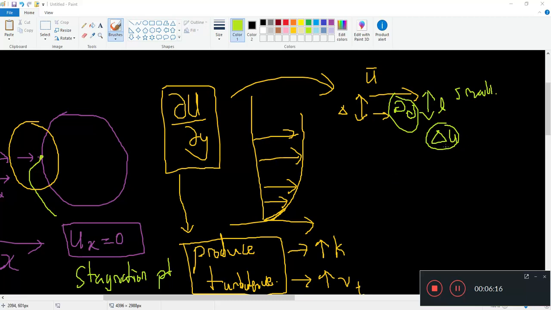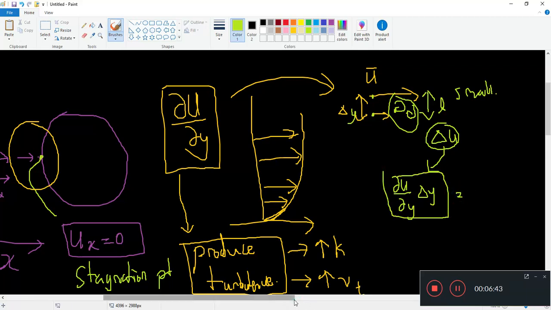This delta U is the difference in velocity between the point here and here, and we know that the velocity gradient is del U del X or del U del Y. So this is delta Y. The delta U, the characteristic velocity in this region, equals